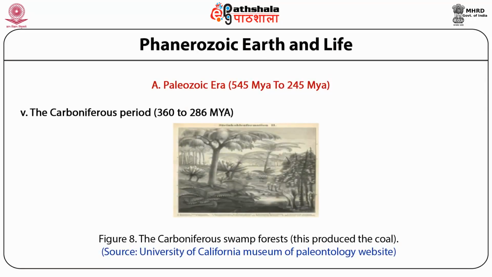The Carboniferous period continued with the Permian period. The Permian period was the last period of the Paleozoic era, lasting from approximately 286 million years ago to 245 million years ago. During the Permian period, formation of Pangaea was completed. Beginning of Permian was marked by glaciation. By the end of the Middle Permian, there was no evidence of glaciation.